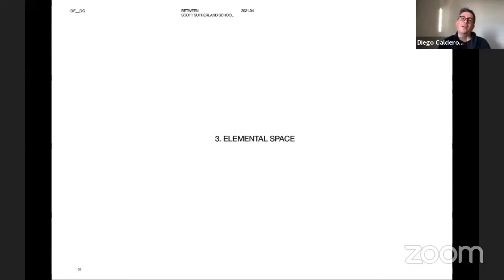Okay, third and last point is this one called elemental space, which is something that came up last year, when we were about to begin a second year studio at Kingston University. As it happens everywhere, one needs to come up with a brief and a vision for the studio to be presented to the students and to the rest of the faculty. And we realized, I mean, we always talk about the things we're interested in, but then we came up with this incredibly simple couple of words.